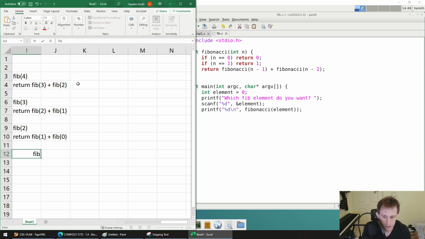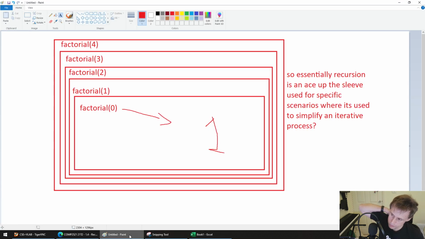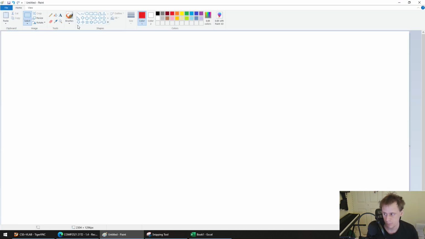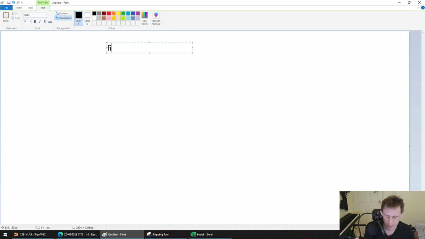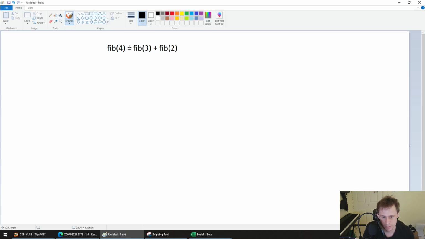Right? And this kind of goes on forever. Now, Fibonacci is a really interesting case, and I actually want to maybe draw this one up because I want to show you how algorithms like this are a lot more complicated in terms of the amount of memory they use. So the first thing is if I say Fibonacci of 4, which is defined as Fibonacci of 3 plus Fibonacci of 2,